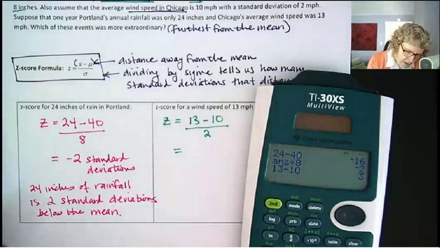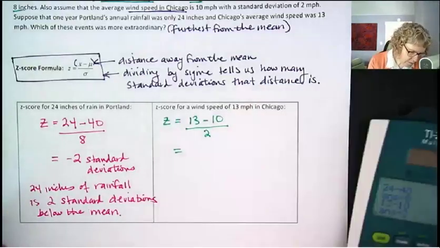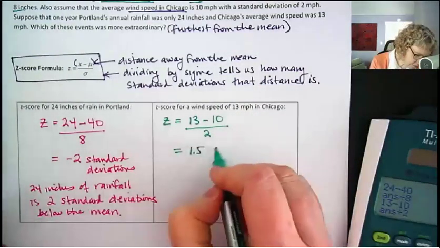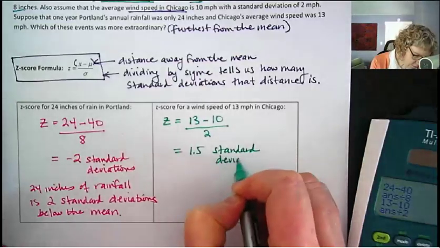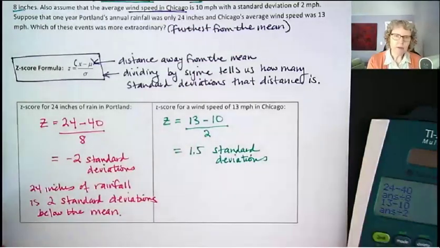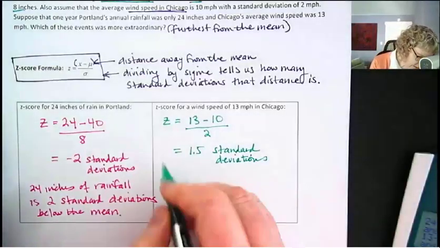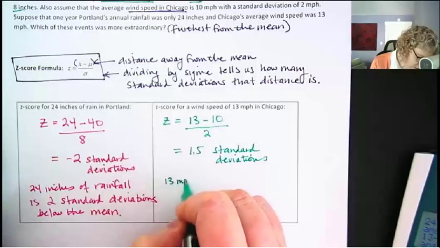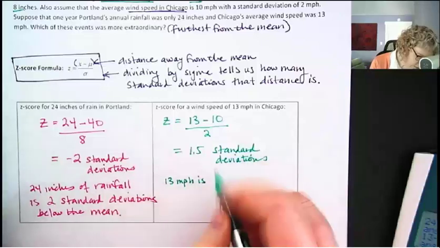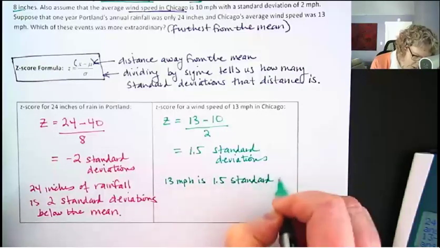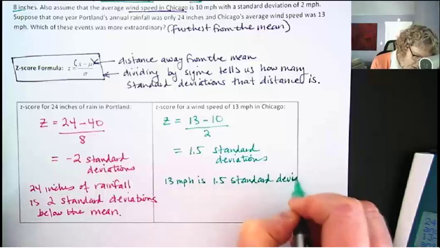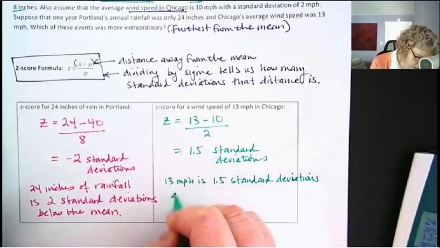So 3 divided by 2 is 1.5 standard deviations. Okay, or we can say that 13 miles per hour is 1.5 standard deviations above